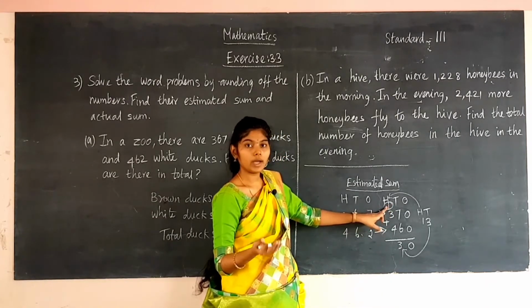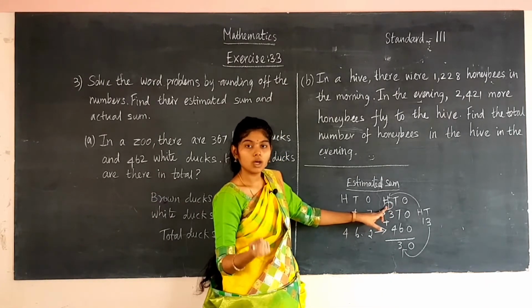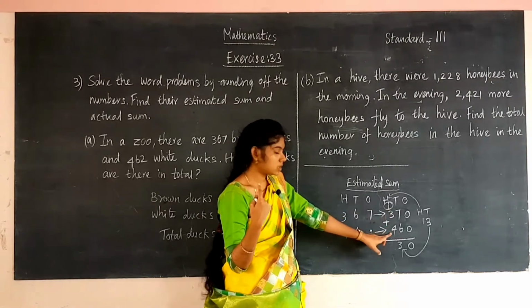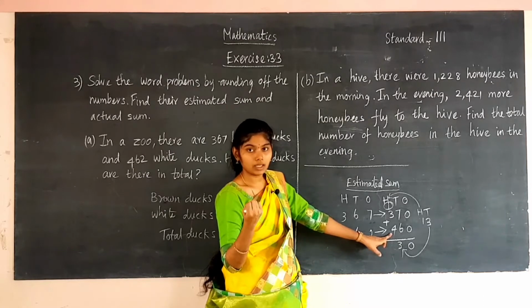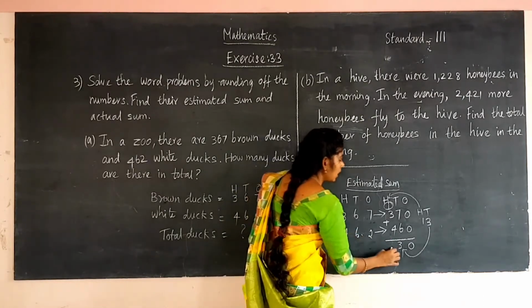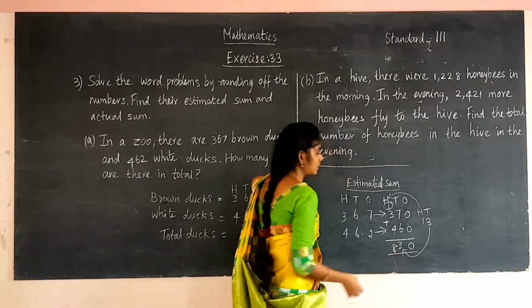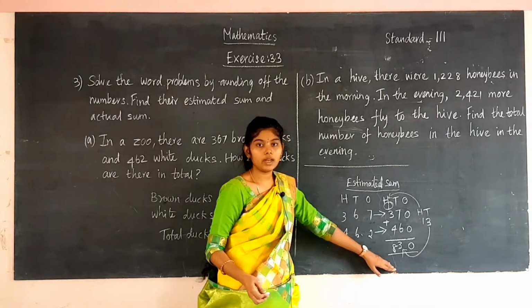Say after the number 1 is 2, 3, 4. Now 4 should be in the mind and the next number in the fingers. Say after the number 4 is 5, 6, 7, 8. So write the number 8 in the hundreds place. So this is the estimated sum. So we have found the estimated sum.